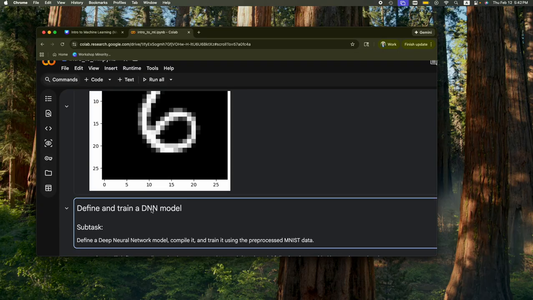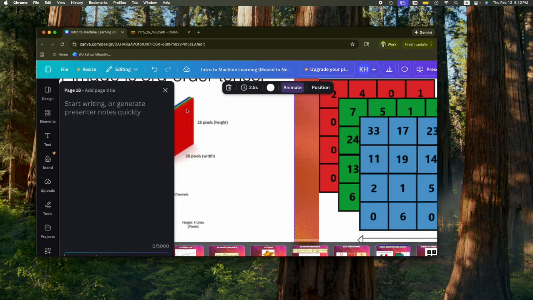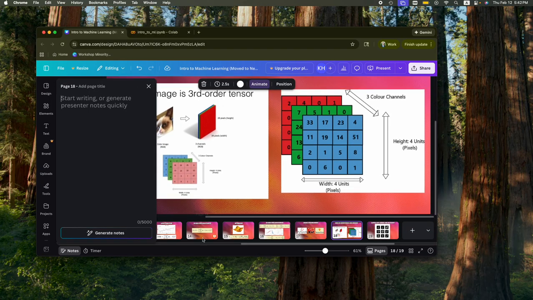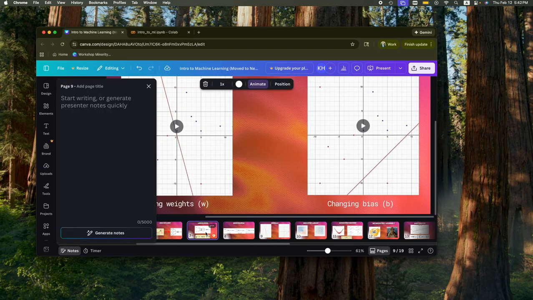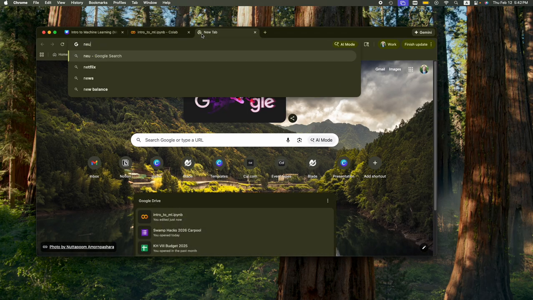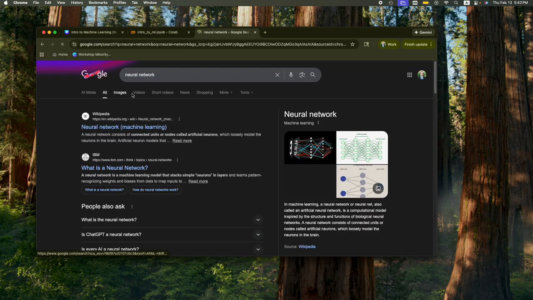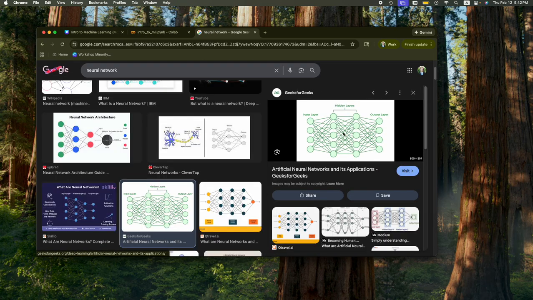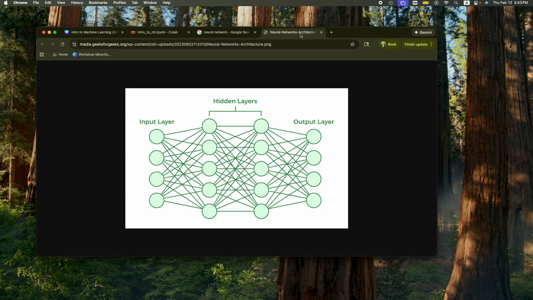We're starting with a DNN, or a dense neural network. What this means is, do you guys remember this linear unit that we have back here? Wow, thank you, Canva. We have this right here. We're going to add a lot of these and give them more layers. So when you think of a neural network, you most likely think of this image right here. This right here is a DNN. It's a bunch of linear layers combined.